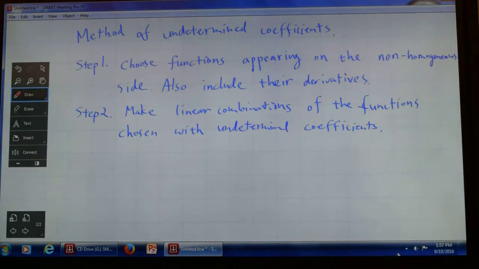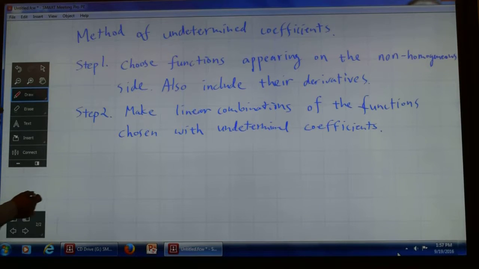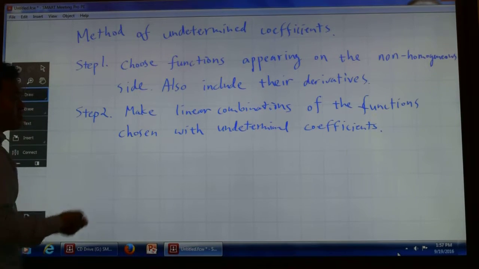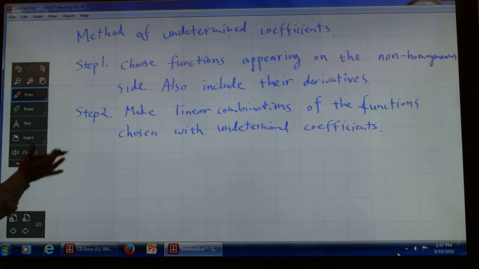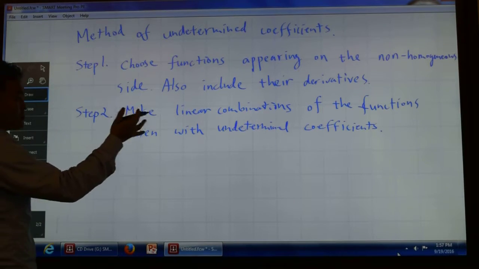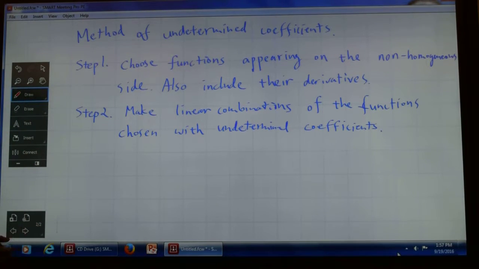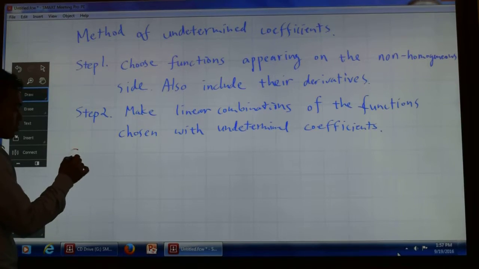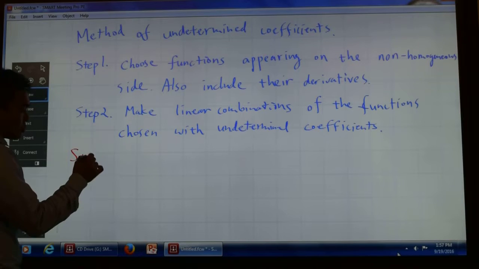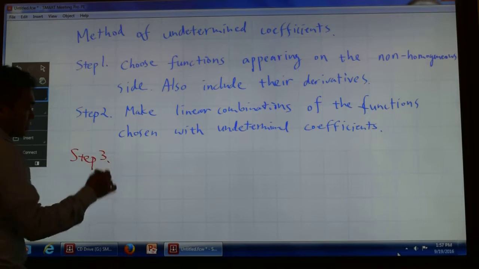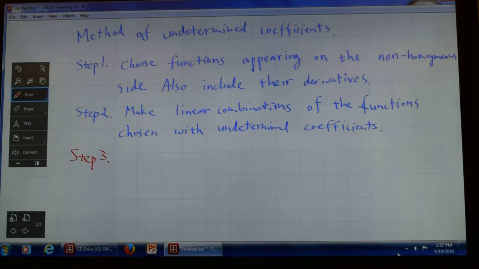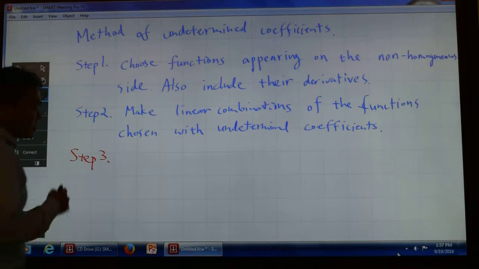However, there could be something interesting going on if one or some of these functions in your linear combinations also happen to be the complementary solution. So for this one, I'll show you an example and we will discuss that later. Okay, so step 3,